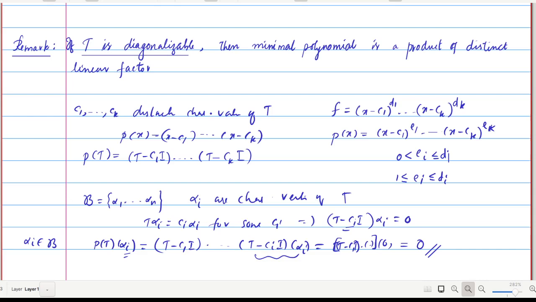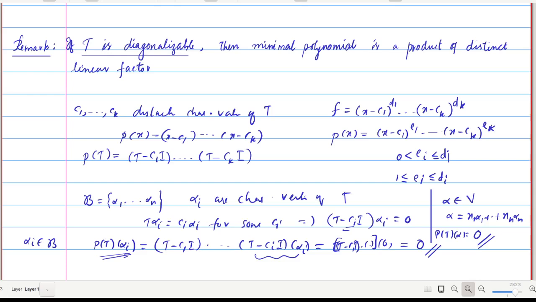Okay, and this is a basis. So if we choose an arbitrary element alpha belongs to V, for any alpha it can be written as x1 alpha 1 plus etc. xn alpha n, and we have proved that p of t of alpha 1 is 0, p of t of alpha 2 is equal to 0, etc. So this will be 0 because of these facts: all the images of alpha 1, alpha 2, alpha n under this p of t are equal to 0, consequently p of t alpha is 0.